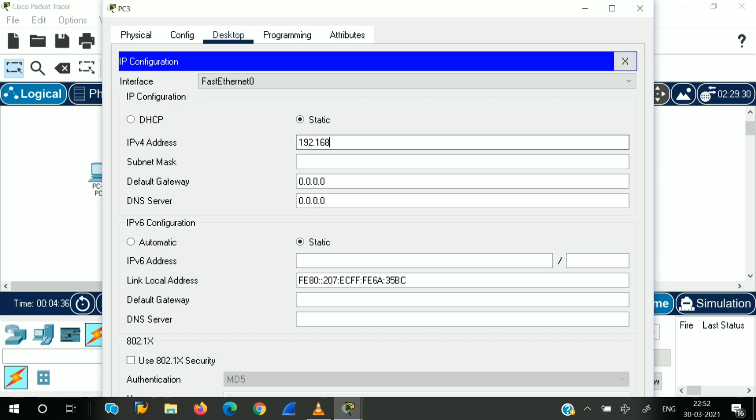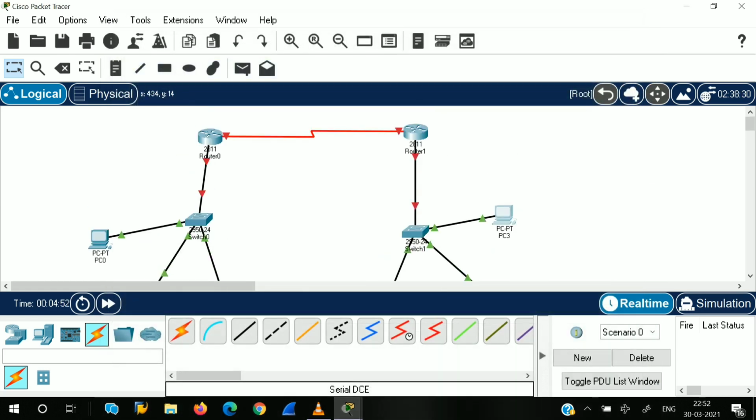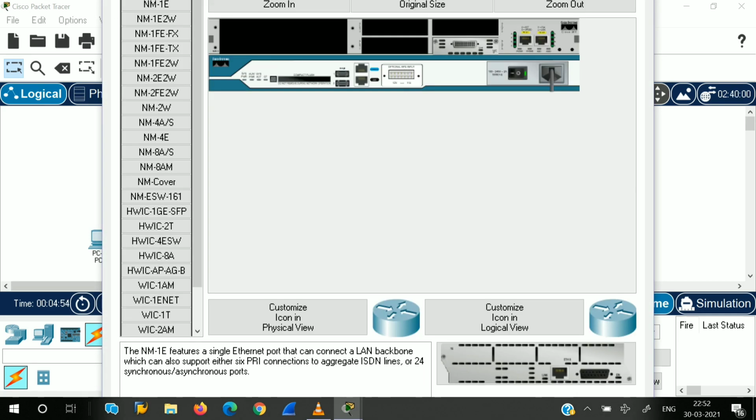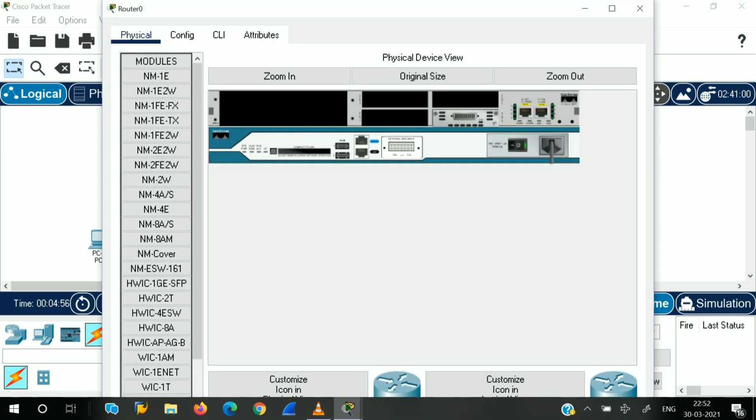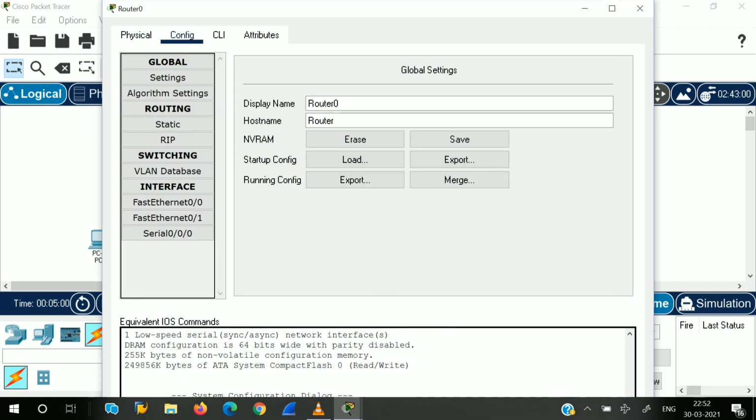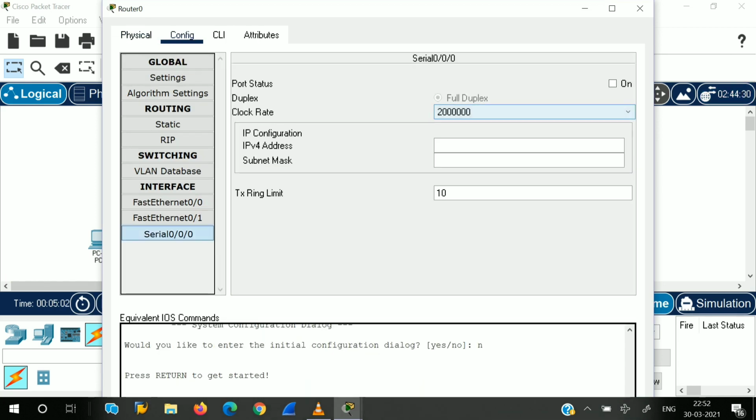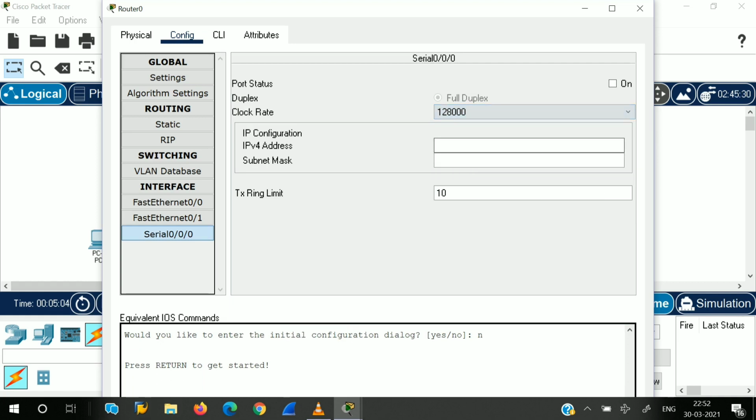Now the last PC is ready to get its IP. So now click on the router, go to configuration.